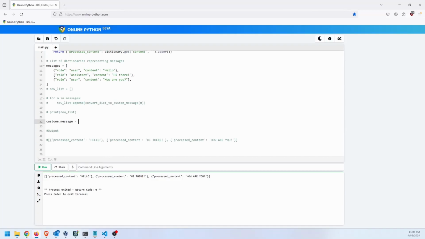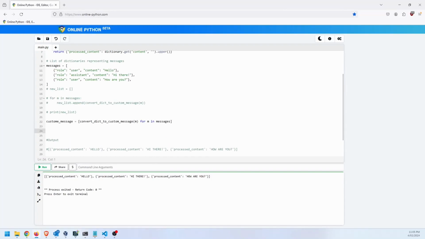Equal to, and we'll create a list, and then we will call this function convert, and we will say for m in messages do this, and then print